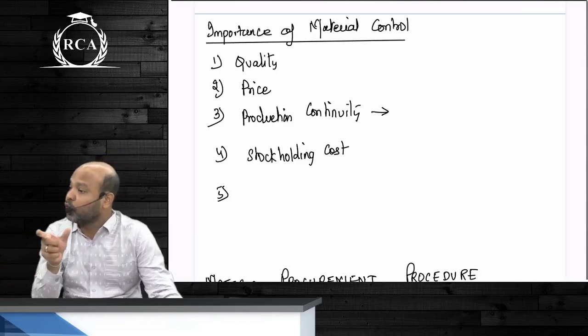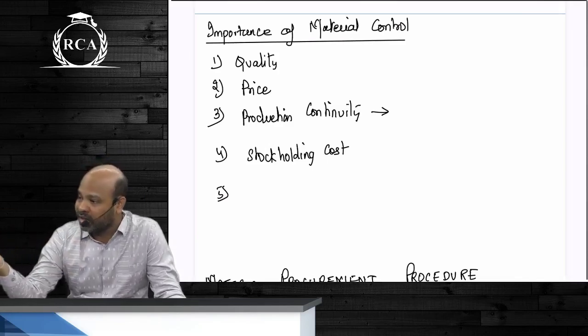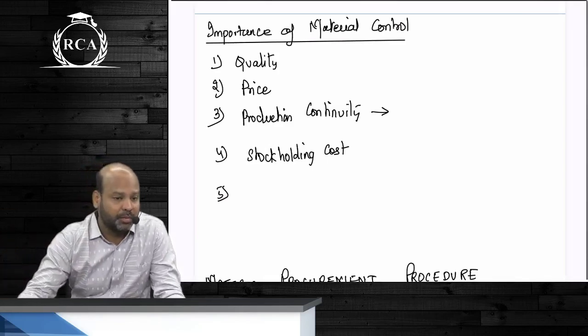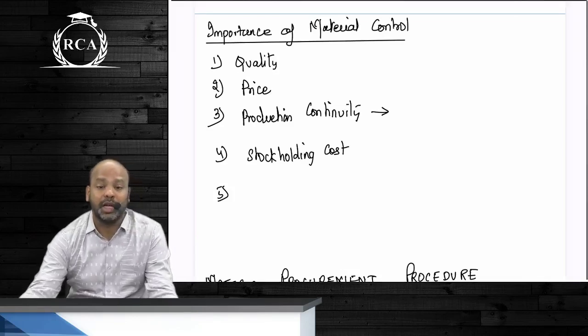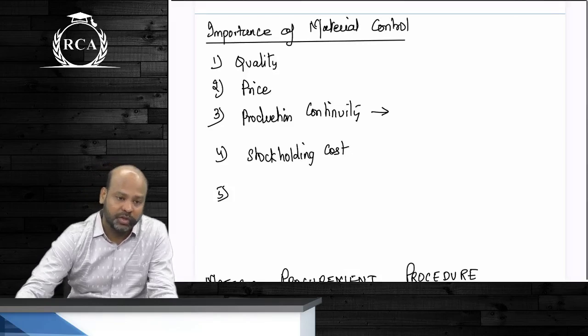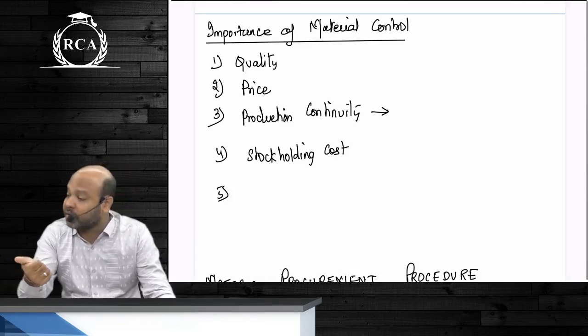If you do not procure raw material, guys, at a lower cost, the cost of the finished product is going to increase. That in turn will increase the price of the product. Also, the quality of the product, guys, majorly would depend on the type of raw material that is being used. So for both quality as well as price, exercising control over raw material